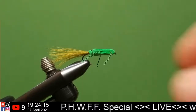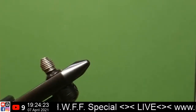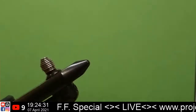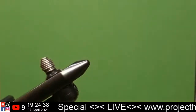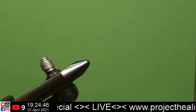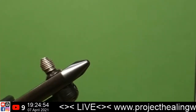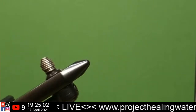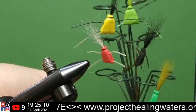Well, we got a nice little fleet of these hatching. A little triangle bug hatch. Trying to get these situated. There we go. I just hang them all on this little thing for now. So we got, let's see,